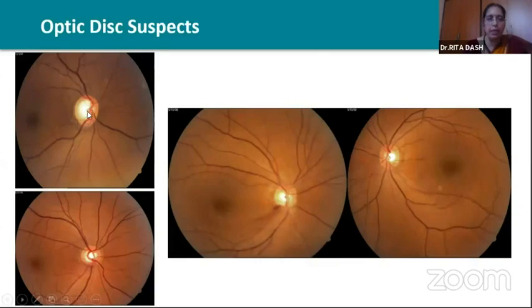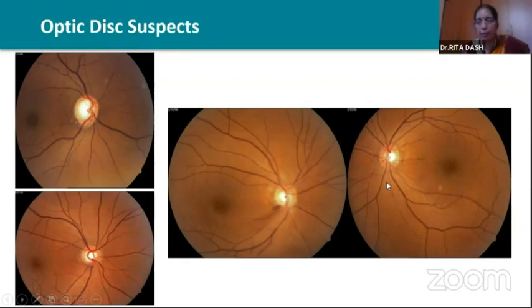Coming to this picture, there is a large optic disc, a normal optic disc with a 0.7 cupping, which is suspicious. Here is a normal size optic disc with the ISNT pattern broken. The inferior rim is lesser than the superior rim. And here, both eyes are from the same patient. The small optic disc in one eye has a cup of 0.4, the ISNT pattern is normal and the RNFL looks normal. But in the other eye, there is a deep cupping of around 0.8. With careful observation, this can be observed, and there is an RNFL defect with a disc hemorrhage.